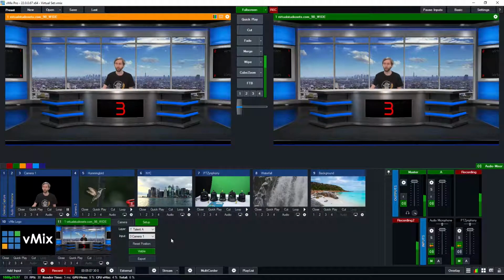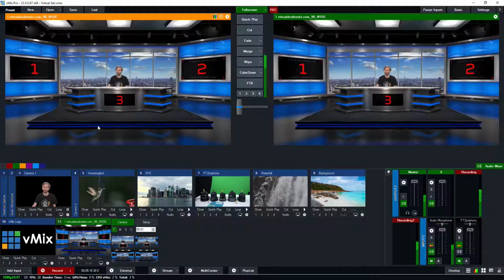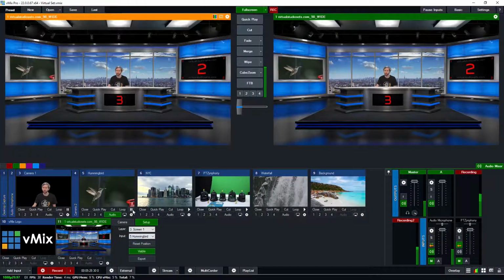Okay, so now here I am on this set. It looks pretty good. So what I can do now is go back to the camera settings and zoom out to a wider angle. That way I'll be able to set up these other screens as well. So I'll go to setup and then screen 1. I'll put this hummingbird picture. I don't need it to play, so I should pause it. Screen 2, I'll put this